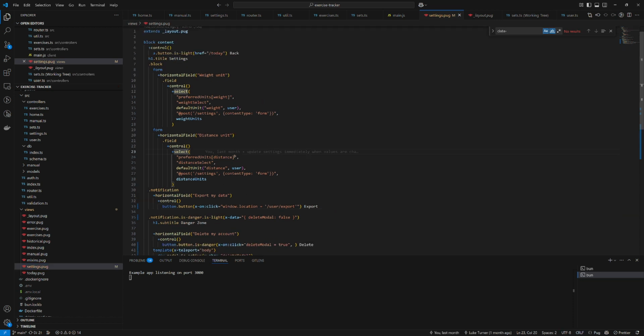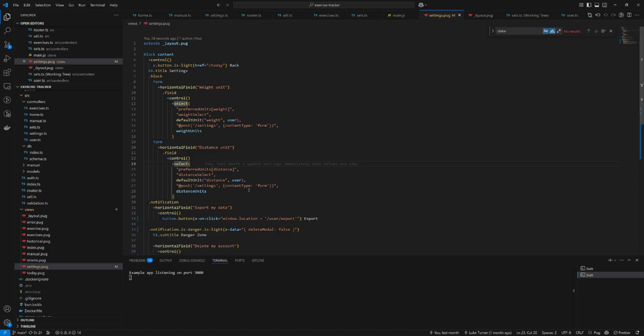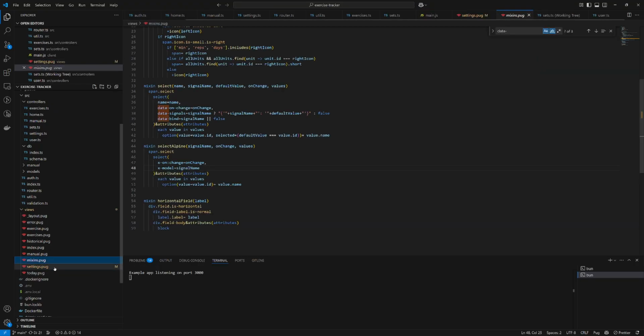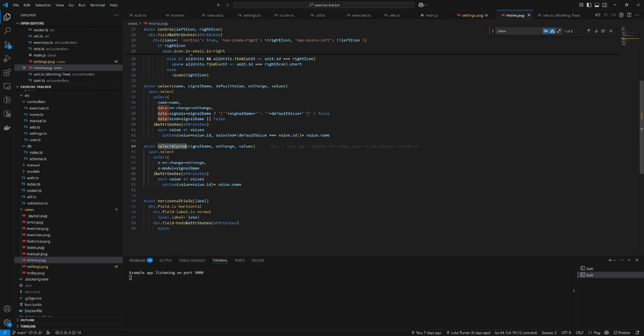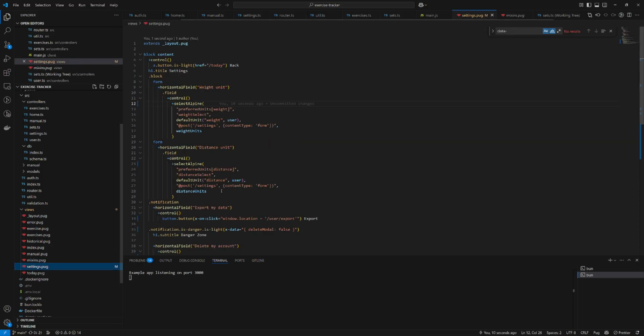Cool. These other ones, this is going to be the interesting part for this page. We're going to replace these with select Alpine, and we're going to need to remember what that even means. So let's look at our mixins. We created this select Alpine mixin. It's got a signal name, it's got an onChange handler, and it's got an array of values. So the array of values is the same. The signal name